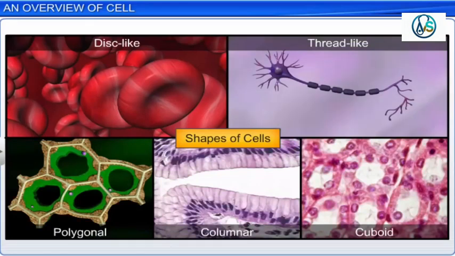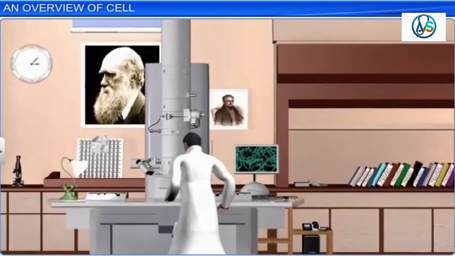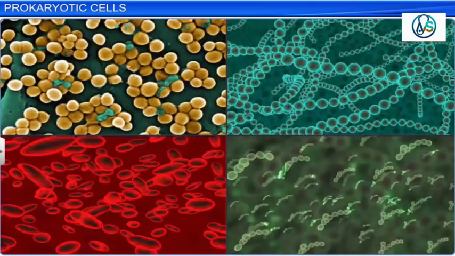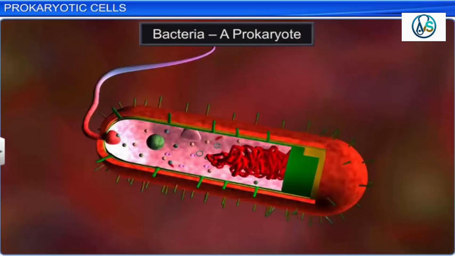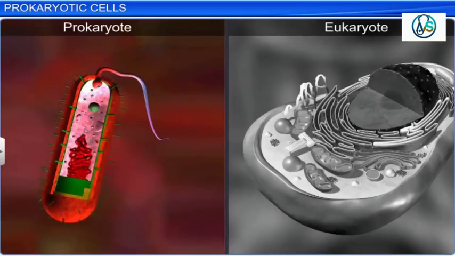Today, though we have gained a lot of information about cells, scientists are still engaged in unlocking the secrets of the cell and its organelles. Millions of microorganisms are present in every nook and corner of our surroundings. Of these, certain microorganisms, such as bacteria, have a nucleoid but no membrane-bound organelles in their cytoplasm. Such organisms are called prokaryotes. Prokaryotes are smaller and multiply more rapidly than eukaryotes.